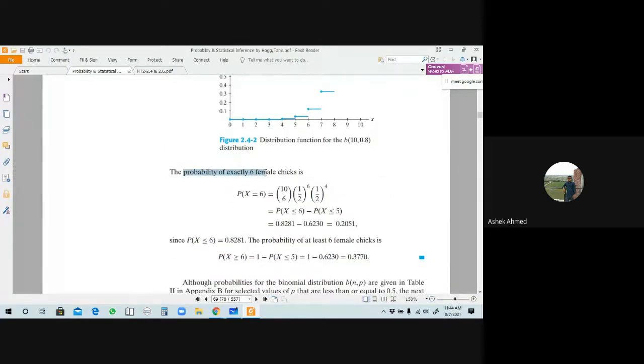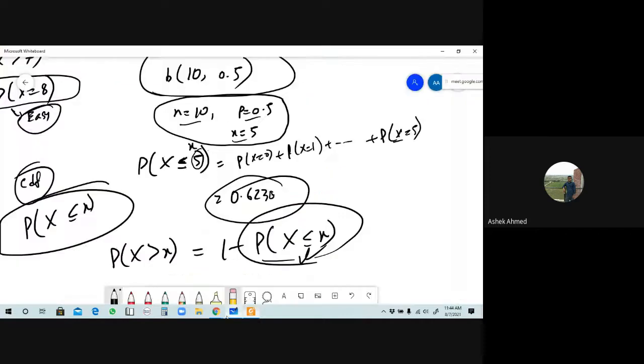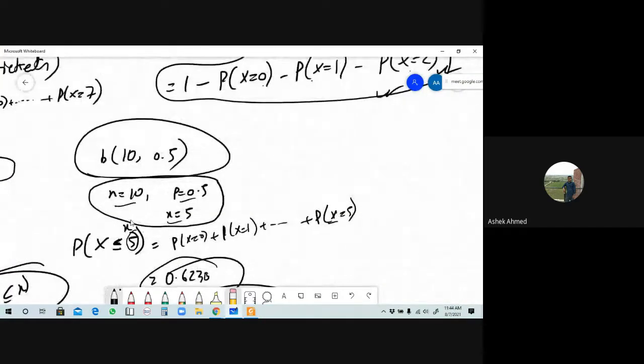Okay, now find the probability of exactly 6 female 6. What do you mean by exactly 6 female 6? You can directly substitute the values of x equals to 6, x এর মান 6 বসিয়ে দিতে পারো। যেহেতু আমাদের এখানে B of n, p এর মান দেওয়া আছে, from here that PMF will be f of x equals to nCx, means 10Cx, the values of p is here, p minus probability of success, this is 0.5 whole to the power x, and failure is কত হবে 1 minus 0.5, that means 0.5. Okay, so this will be 0.5 whole to the power 10 minus x,